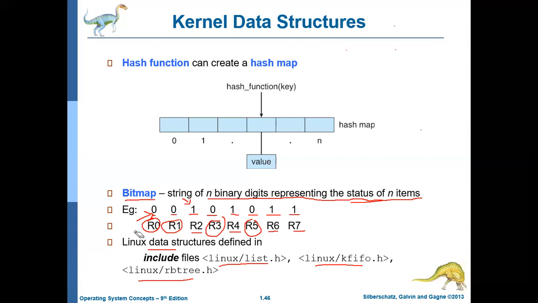So that's it about kernel data structures. Under kernel data structures, we have discussed different data structures like arrays, linked lists, and different types of linked lists. Then we discussed stacks, queues, and trees, binary trees, binary search trees, and balanced binary search trees. Then we discussed hash function, hash map, and bitmap. We have just given a brief introduction to all these data structures. Thank you. We'll stop here.